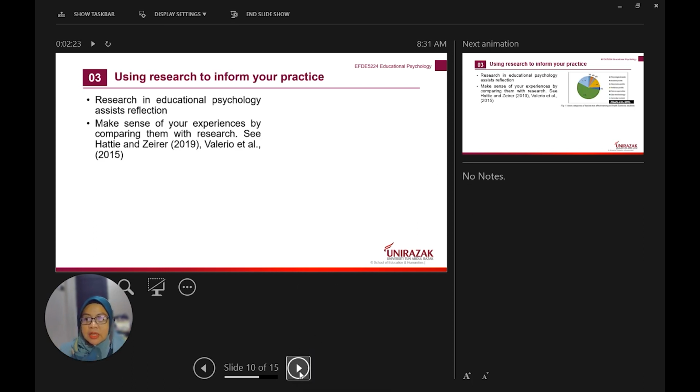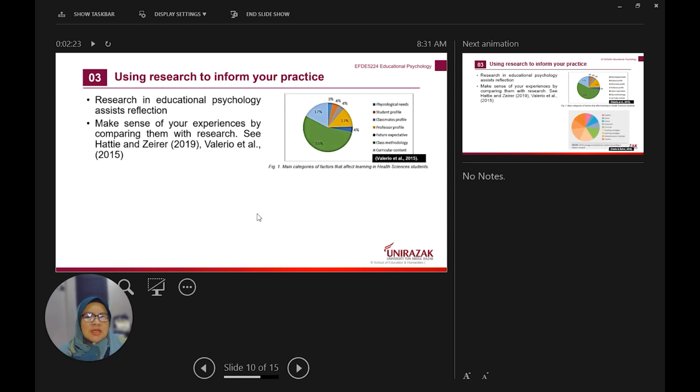Okay, number 3 is using research to inform your practices. So what does it mean by informing? From the research, it will inform you what needs to be done. So as you can see, you may make sense of your experiences by comparing them with research. For example, you have done your strategy in the classroom, you have done your method like this,